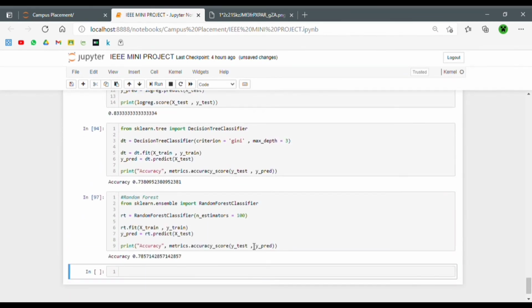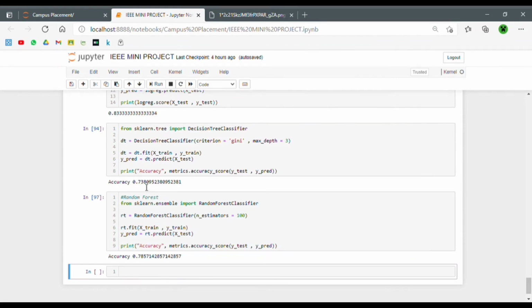Right, so what is a random forest classifier? Random forest, as the name suggests, is a bunch of decision trees put together that make a forest. Pretty cool, right? Random forests are used for classification or regression, and they operate by constructing a multitude of decision trees at training time and outputting the class that is the mode of the classes in the case of classification, or the mean prediction in the case of regression, of the individual trees, right? Since one tree can't produce accurate results, we are using a random forest to create an aggregation of these trees to produce accurate results, right?